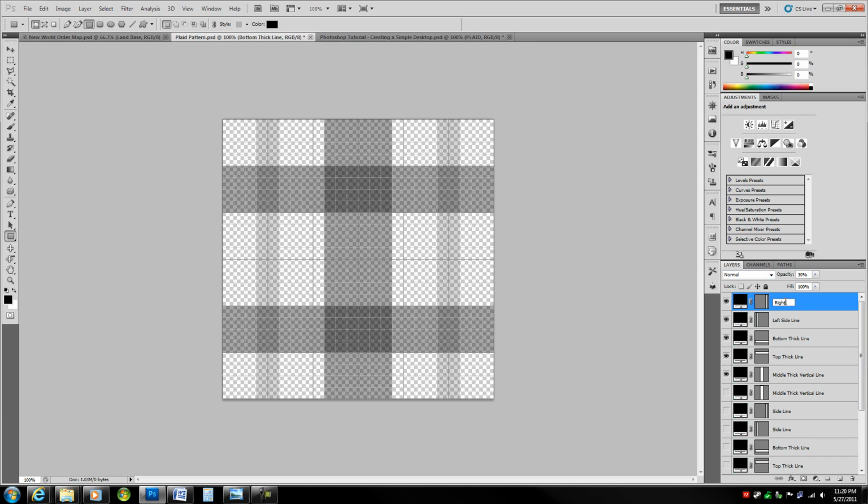This one's going to be right side line, and then Control Alt T that thing. Rotate it 90 CW again, and now this one we want to take one above, or one below actually, this one right here, and then just drag it so it's only one segment thick, and hit enter,